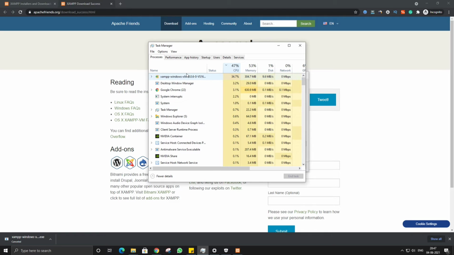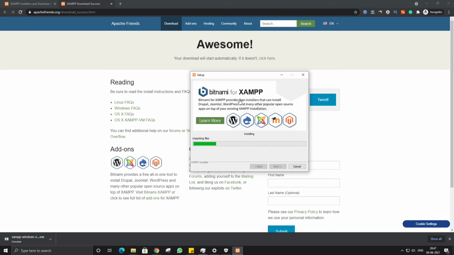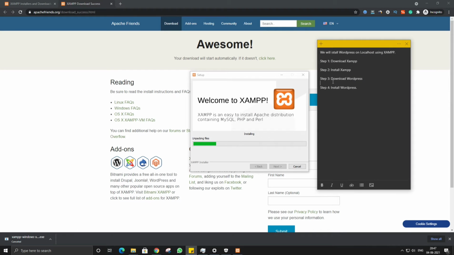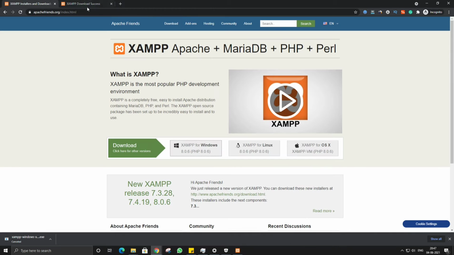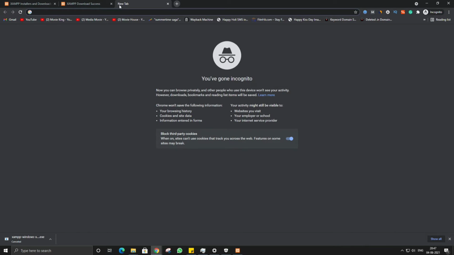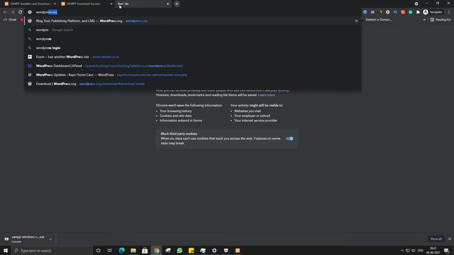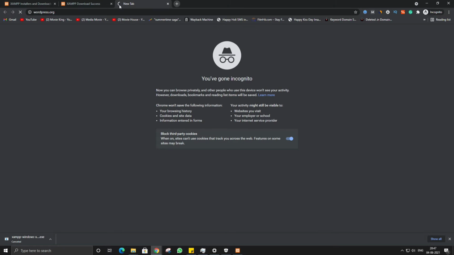While the XAMPP is installing, we can download the WordPress. So we will download the WordPress. Meanwhile, it is installing in our system. We'll open the WordPress.org and we'll download the official WordPress from the WordPress.org.